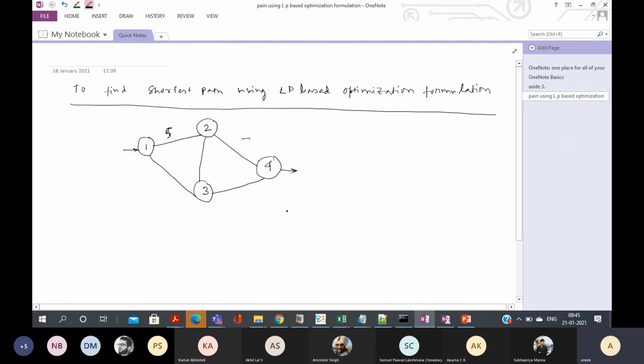This is 5, this is 7, 7, 2, 8, 4. So we have to find out the shortest path from node 1 to node 4.